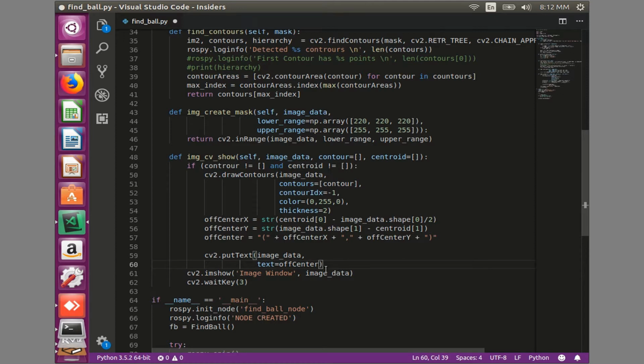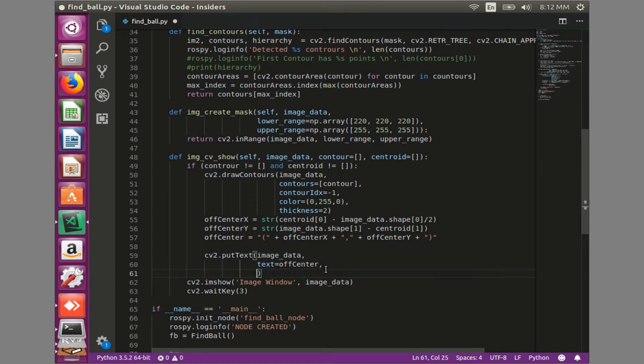Now it tells me I have to supply where I want to put that text, and it needs a tuple, a y and an x coordinate, and